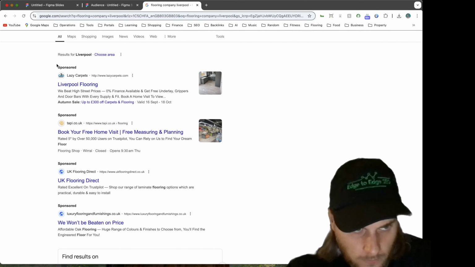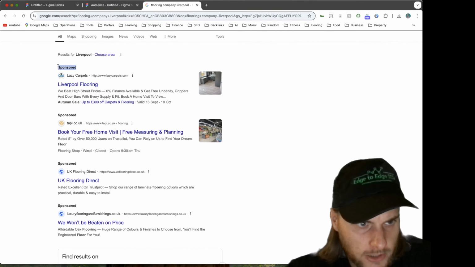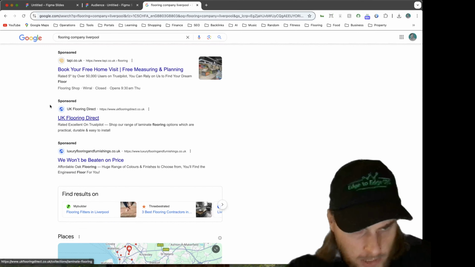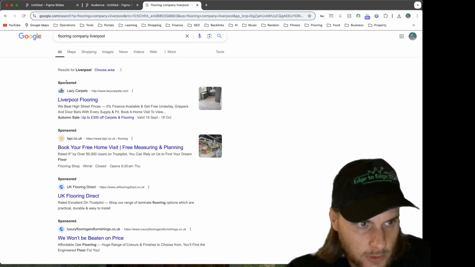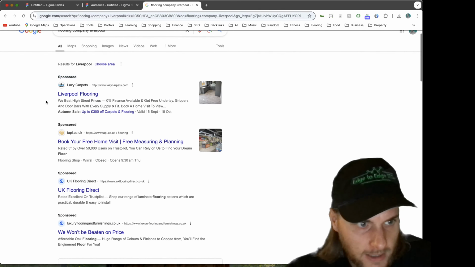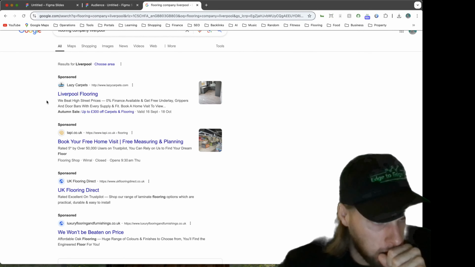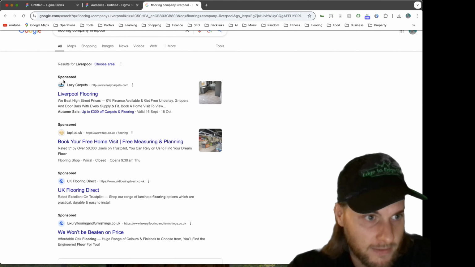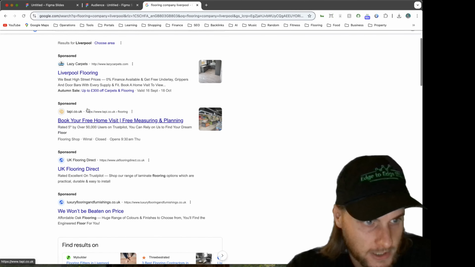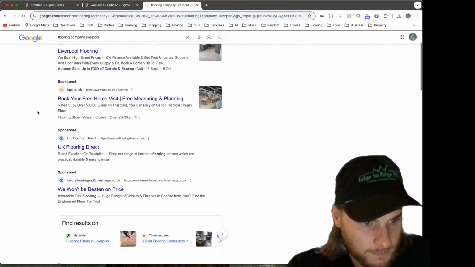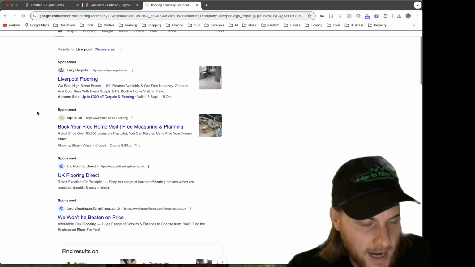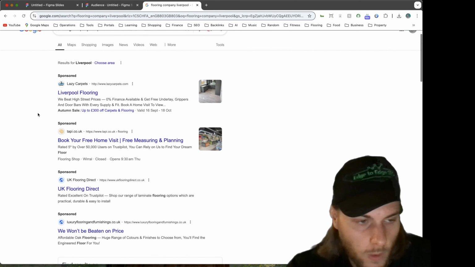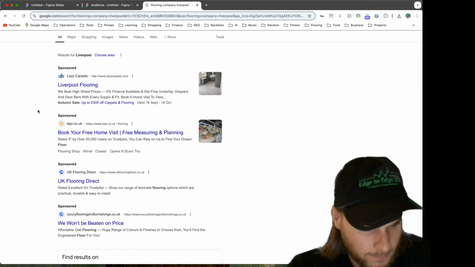But now, as you can see, they try and blend it into the search results as much as possible, and they'll just put a little sponsored label here. Quite often you'll find that people won't even realise they've clicked on an ad. They'll just click on the first one, two or three results there, and then go ahead and make their inquiry with the flooring companies that have come up.